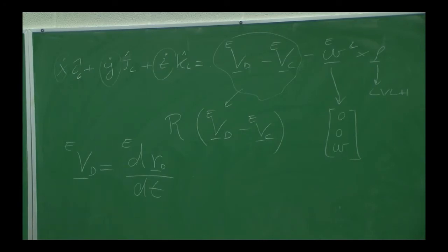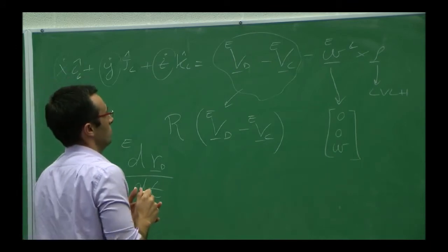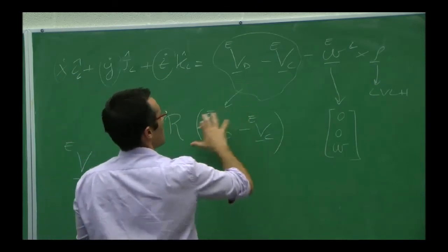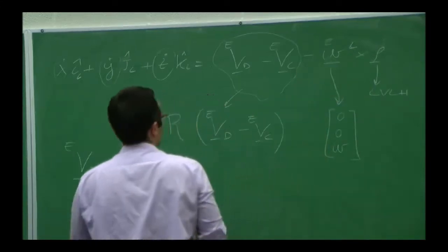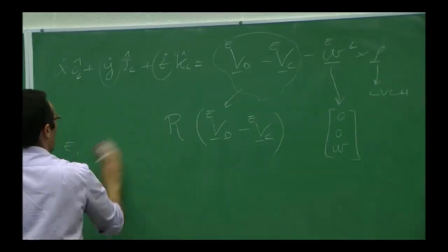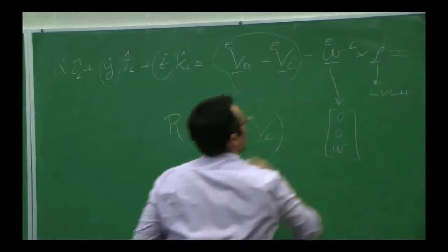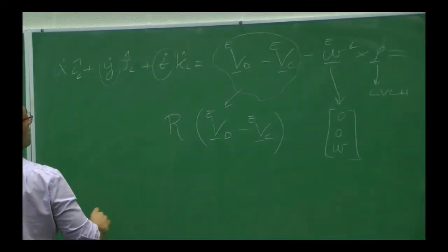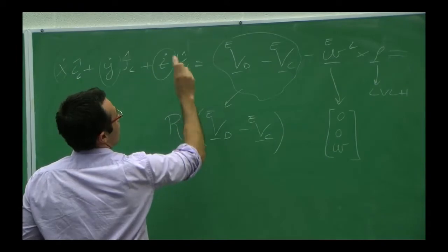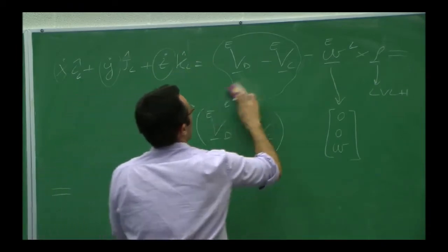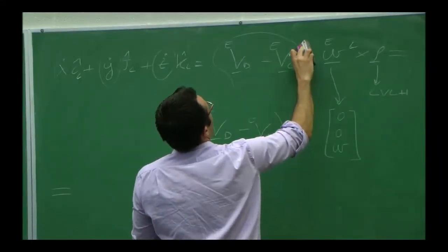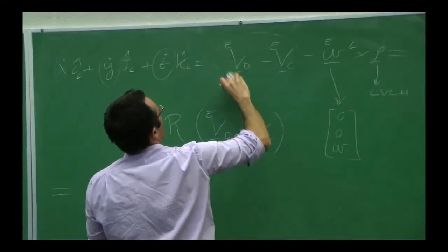That wasn't exactly my question. My question is, at the top you had just VD minus VC, and then you pointed down, and you have R times VD. Oh yeah, because this is already... okay, I should probably write another equal sign and show how the whole thing looks. There is something to be specified here.